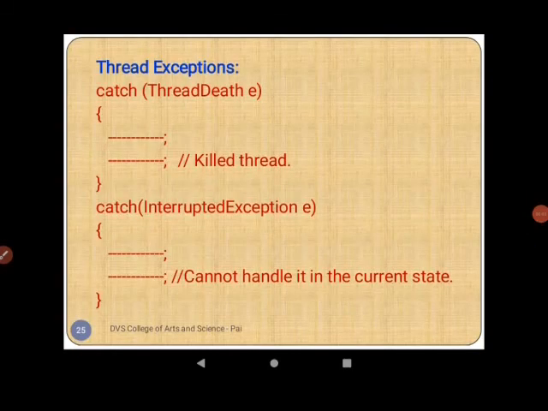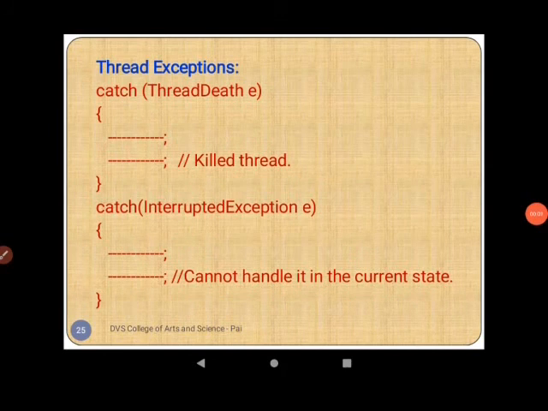Thread exceptions. The sleep method throws an exception, which should be caught, and hence the sleep method is enclosed in a try block and followed by a catch block. If we fail to catch the exception, the program will not compile. Whenever we attempt to invoke a method that a thread cannot handle in the given state, the Java runtime system will throw an illegal thread exception. For example, a sleeping thread cannot deal with the resume method because it cannot receive any instructions.